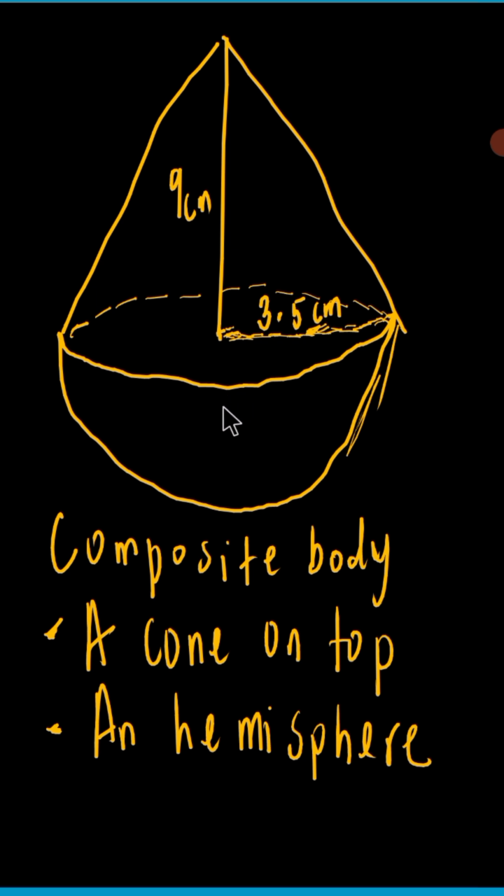That will give us the total surface area of this shape, because the cone's surface area is exposed, and this hemisphere's surface area is also exposed. So it means the surface area, which is the same as saying the total surface area,